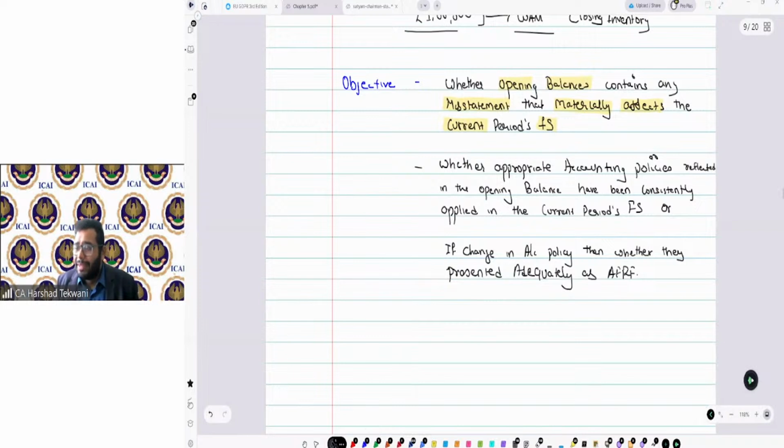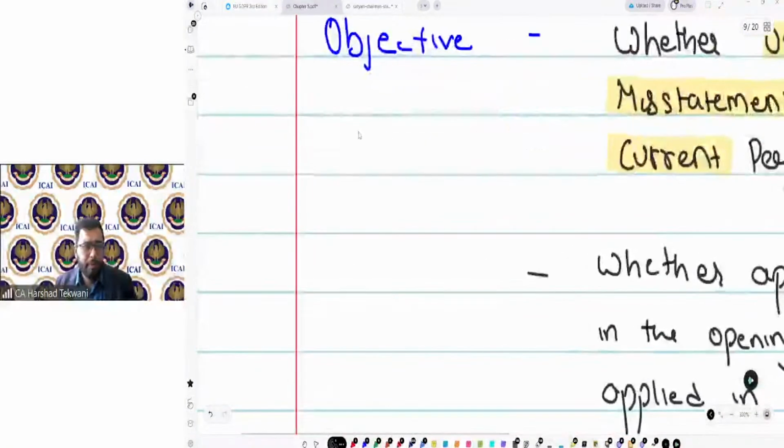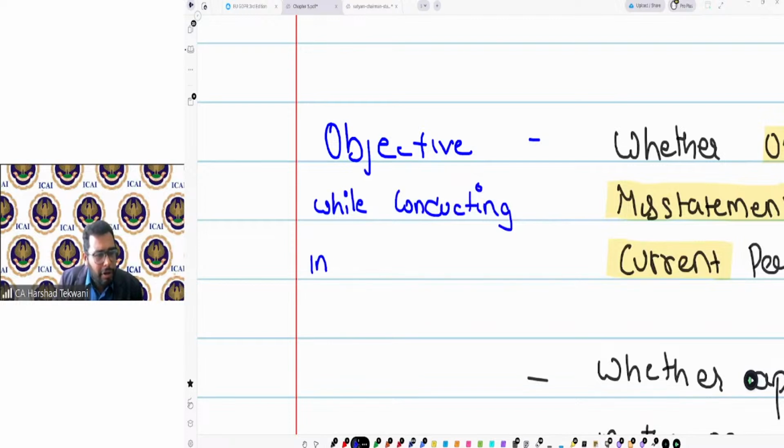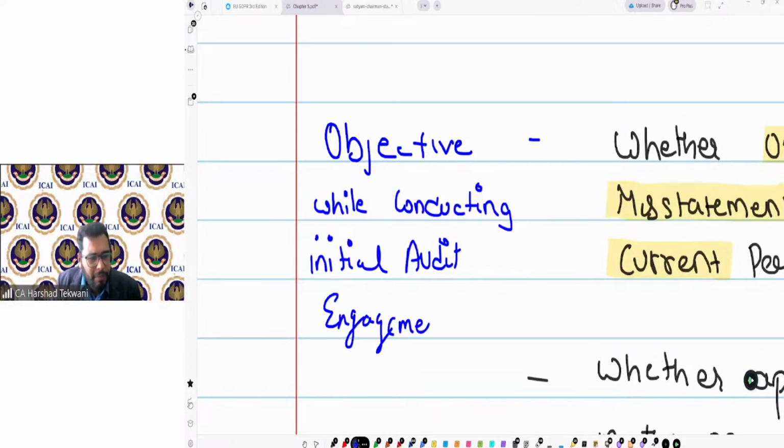Now that is something I do when conducting an initial audit engagement. So the objective while conducting initial audit engagement.